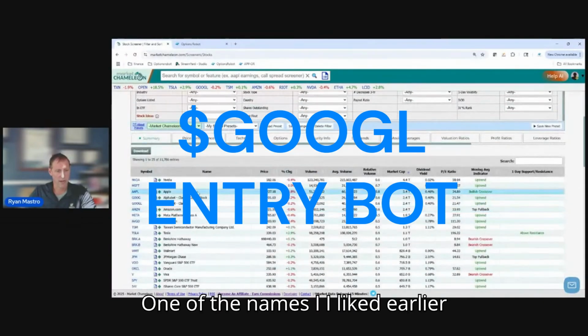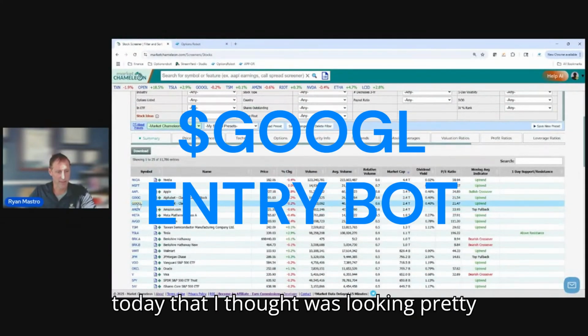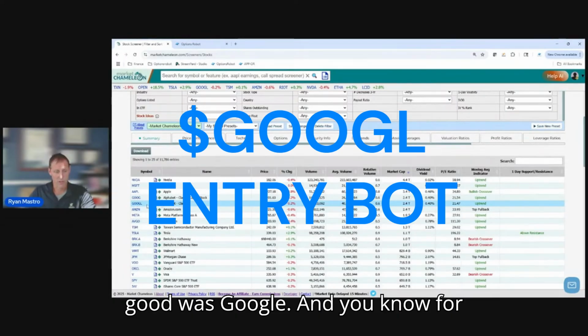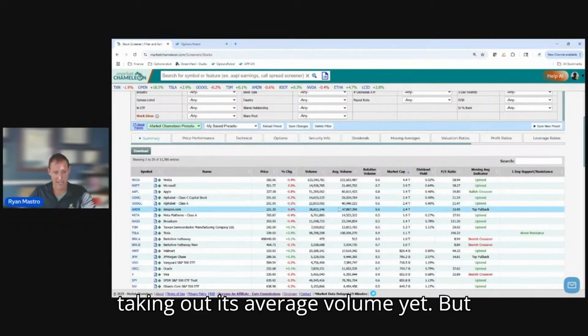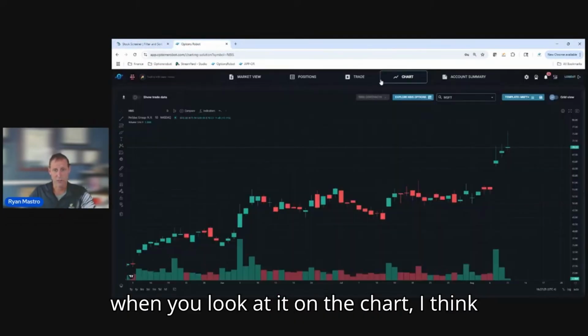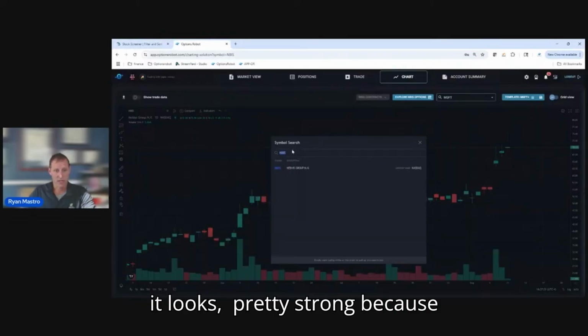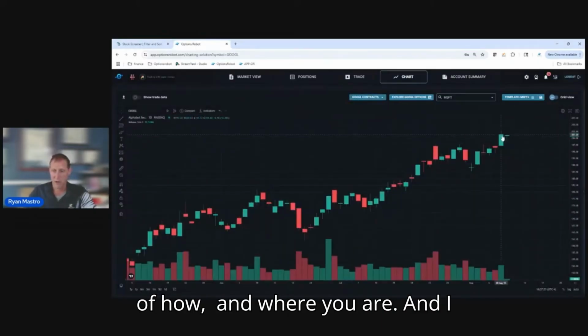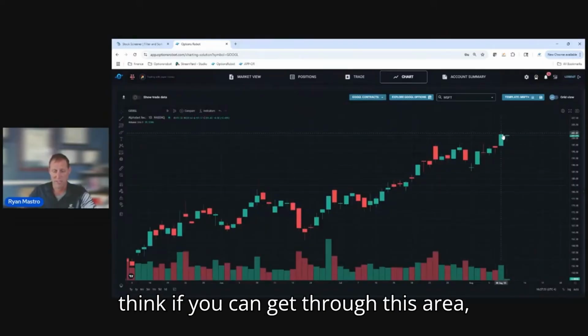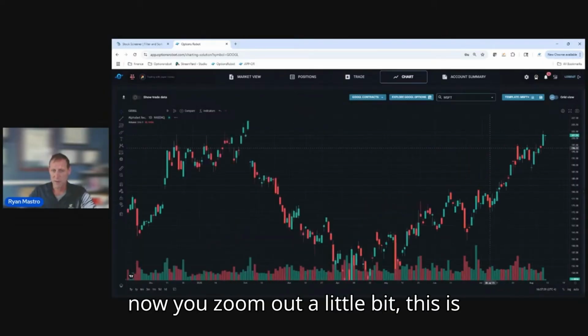One of the names I liked earlier today that I thought was looking pretty good was Google. For here, the volume isn't really taking out its average volume yet. But when you look at it on the chart, I think it looks pretty strong because of how and where you are. And I think if you can get through this area, now if you zoom out a little bit,